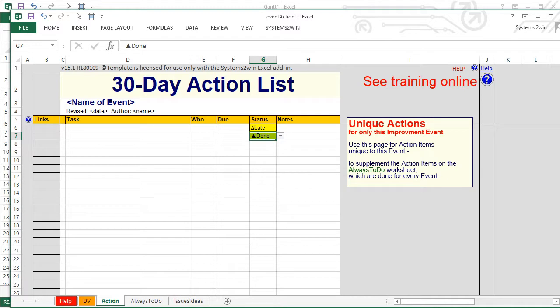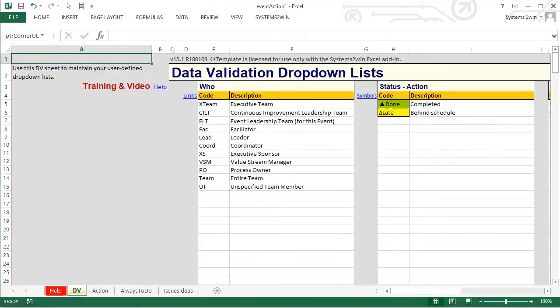And by the way, if you have a cell that has conditional formatting that turns yellow or green or red like you see here, then that often means that there's a special Systems to Win feature where conditional formatting is based upon that initial symbol rather than words.